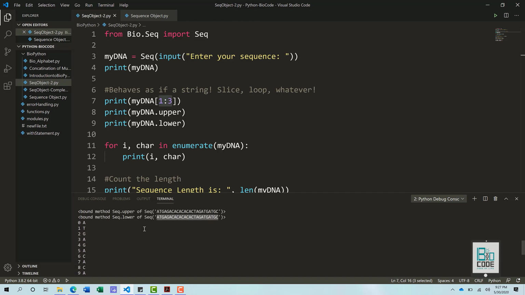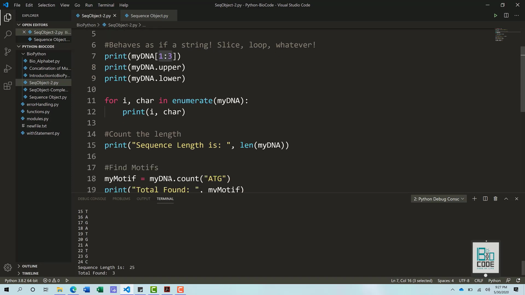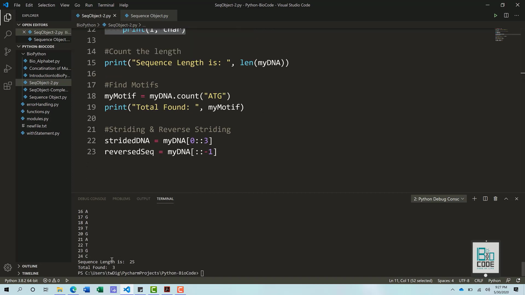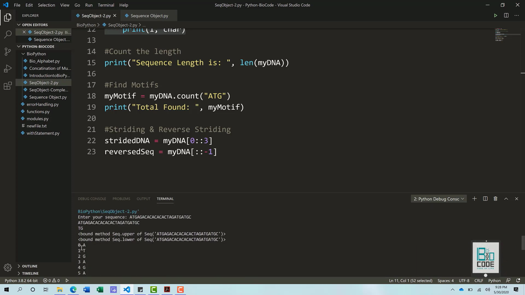Then we are looping over the sequence. As you can see, it starts from 0 and goes all the way to 24, enumerating, or numbering, each individual base within the sequence, and it has printed that out. After that, we received the total length of the sequence, which is 25. We have 25 bases. If you can see 24 over here, that means the first will be 0. So if you start from